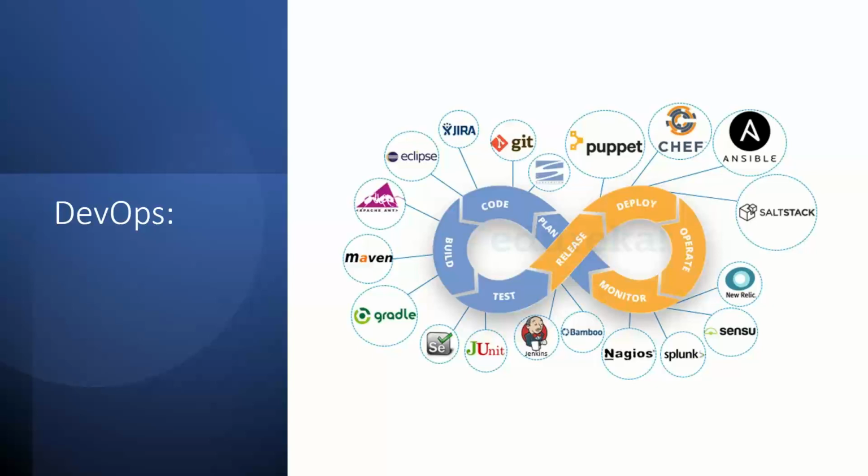Now comes the very interesting picture. You see in this diagram that everything is continuous. There is an arrow mark, and there is no end at all. There are actually the phases. You see code, build, test, release, deploy, operate, monitor, plan, and so on. There are so many phases. For each phase, the respective tools are aligned, right?